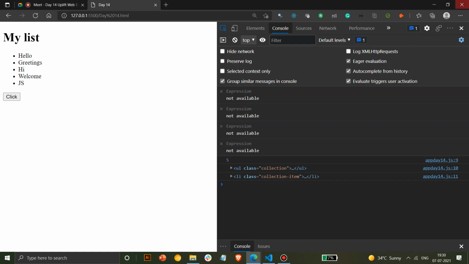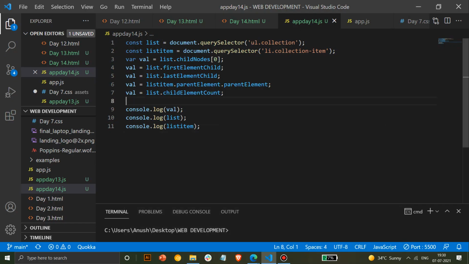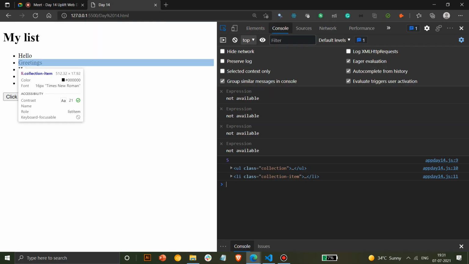Okay, these are the basic functionalities you may or may not require in future, but this is important for the next concept that we are studying. Okay, then there's something called siblings also. So I told you this is more like a family tree. You can access similar kinds of elements. Can anyone guess what will happen if we use siblings?